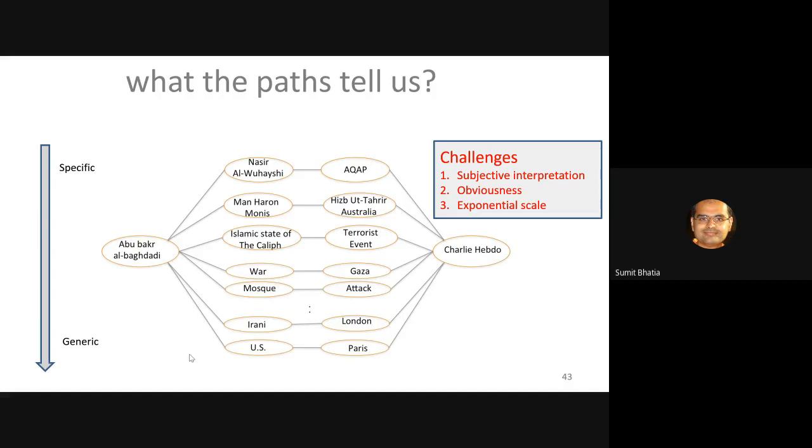So this is a high quality path, but not all the paths are like this. Most of the paths are very generic. For example, al-Baghdadi is connected to US, US is connected to Paris, and Paris is connected. This is not a useful path, right? And typically in a graph, what we will find is there will be thousands of such paths. Again, the problem is out of thousands of paths, most will be useless, provide no interesting information, and only 2, 3, 5, 10, or a very small number of paths will actually be of interest.